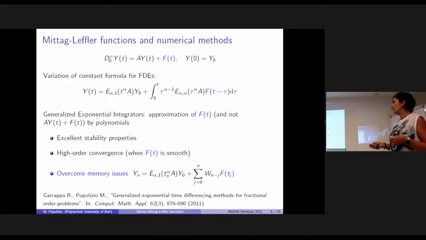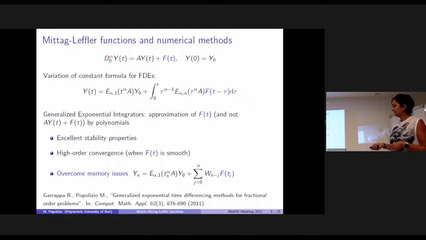The idea of the generalized exponential integrators is to apply polynomial approximation here in the integral, but just for the term big F, while in general a similar approach has been applied to all these terms. But in this way, working just with f(t), we get excellent stability properties, high order convergence,